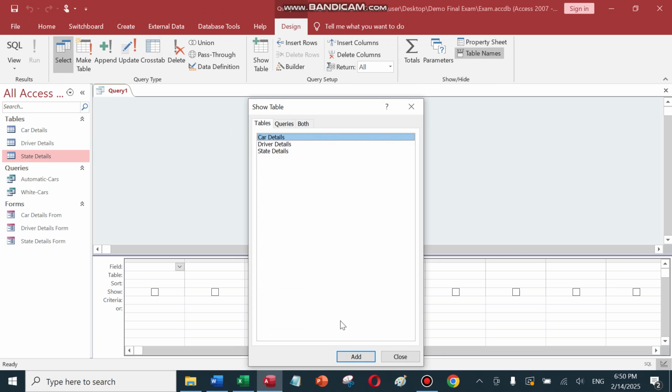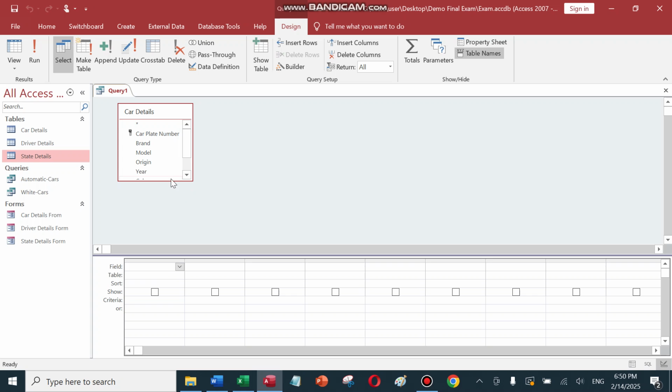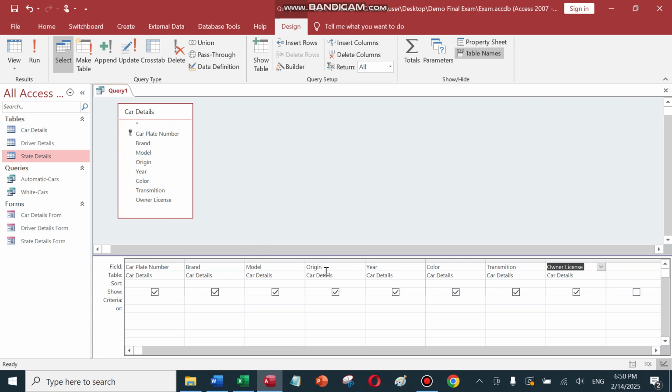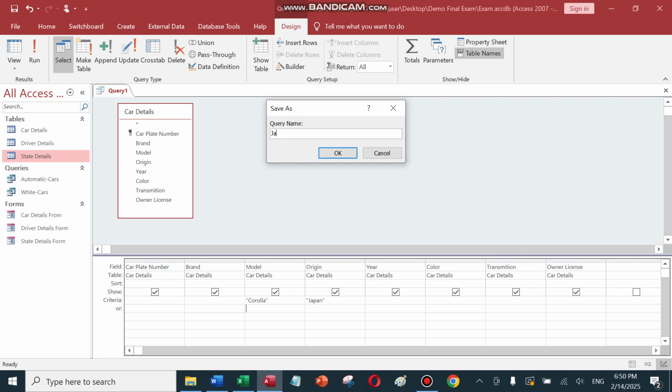And again, I will choose the car details table only. The difference here is that I will choose all fields in the table and go to model or origin. I make it Japan and the model should be Corolla. This is a double condition query and we save it,